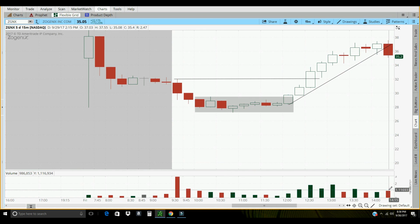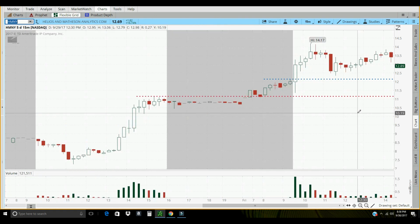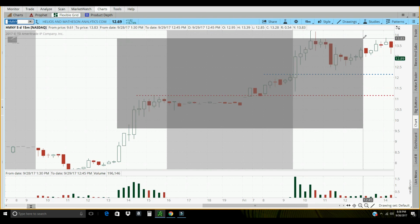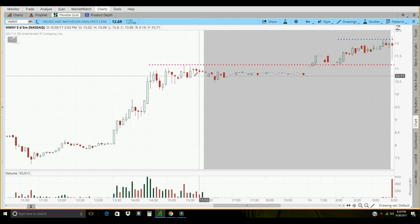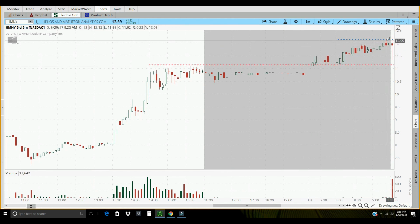We'll take a look at HMNY and see if we can find an entry and exit. Entries and exits make you profitable. You don't become a profitable trader just because you trade longer or stay in a stock longer. You become profitable by getting in at the right time and getting out at the right time. All right, so we see on Thursday that HMNY had this resistance level around 11.15. It could not break it, at the end of the day closed around $10, and overnight it gapped up, and we have an overnight high